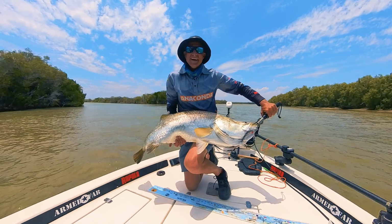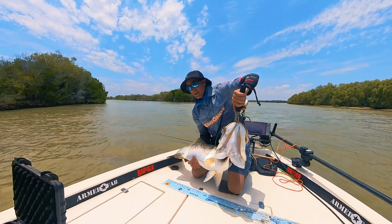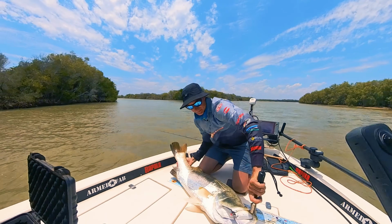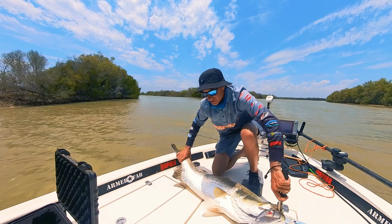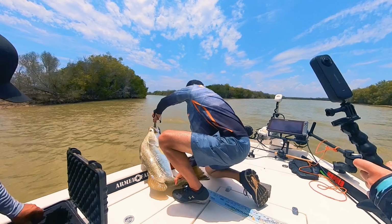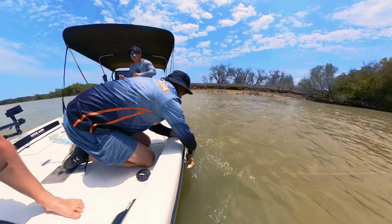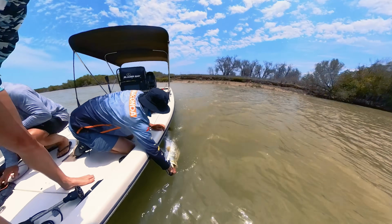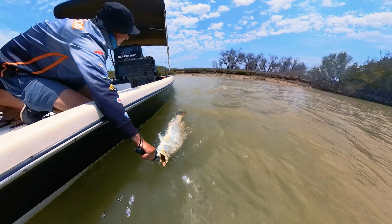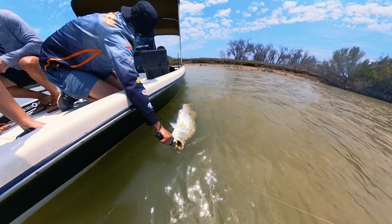That makes the flight from Melbourne, the 12-hour drive. We've got to get it back in the water quickly, I reckon. You give her a swim, I'll get the camera ready. The ridiculously stupid hours of driving, and she needs to swim. But we've hit mud banks, we've run aground, and it's all part of the fun of coming to the territory. But when it all pays off with this,